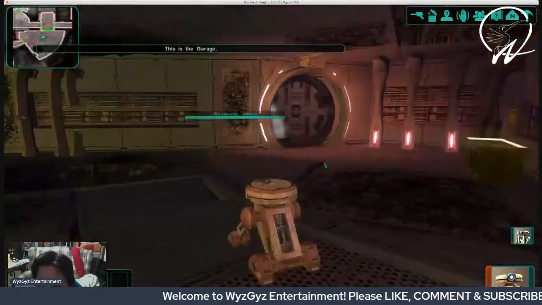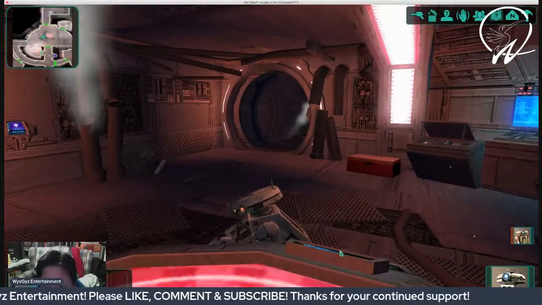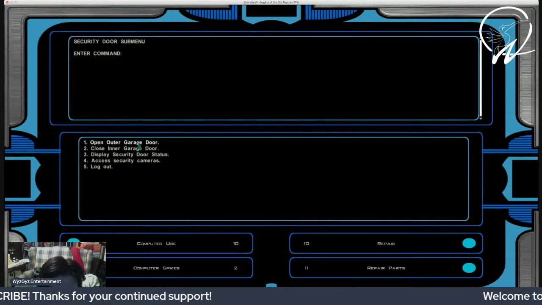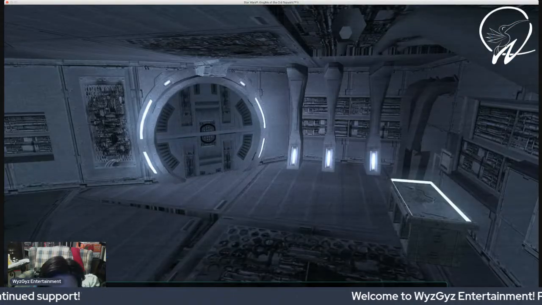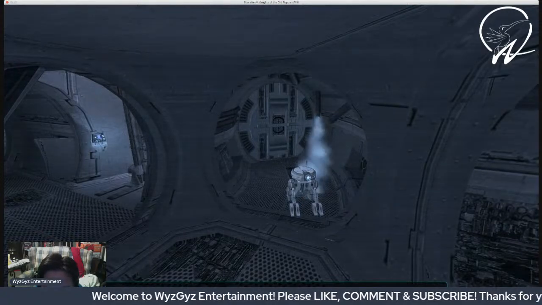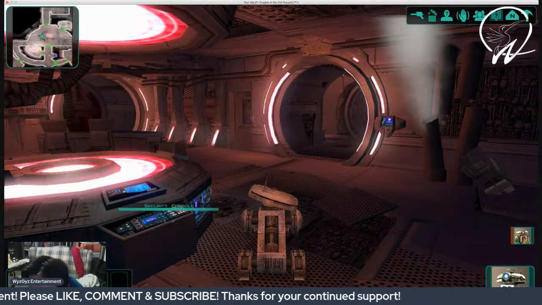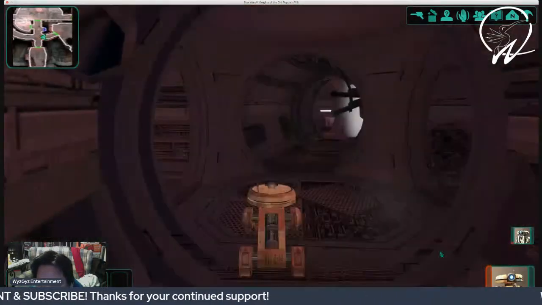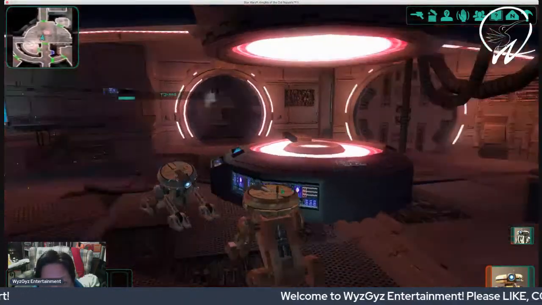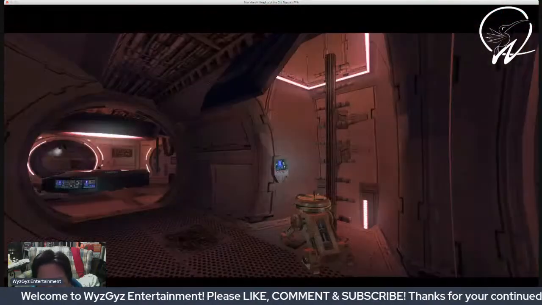This is the garage. You can use this lift to take